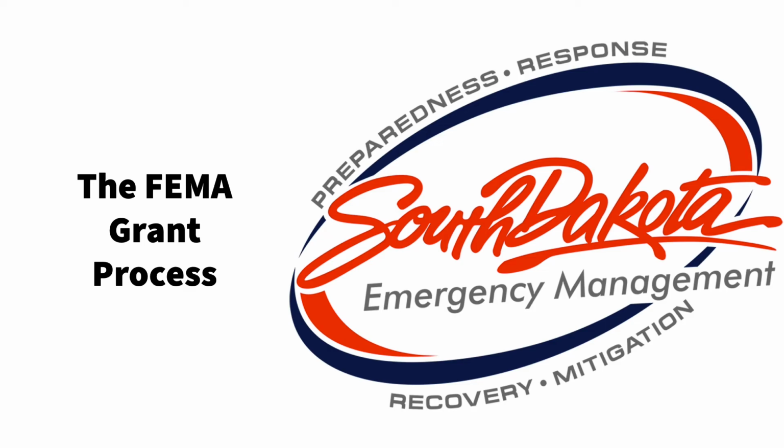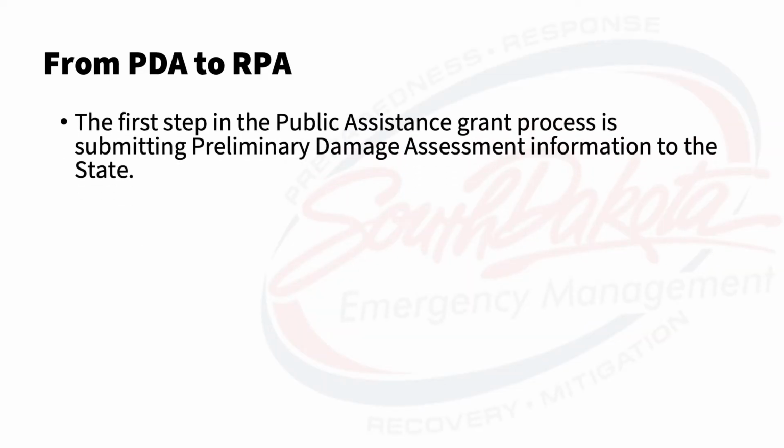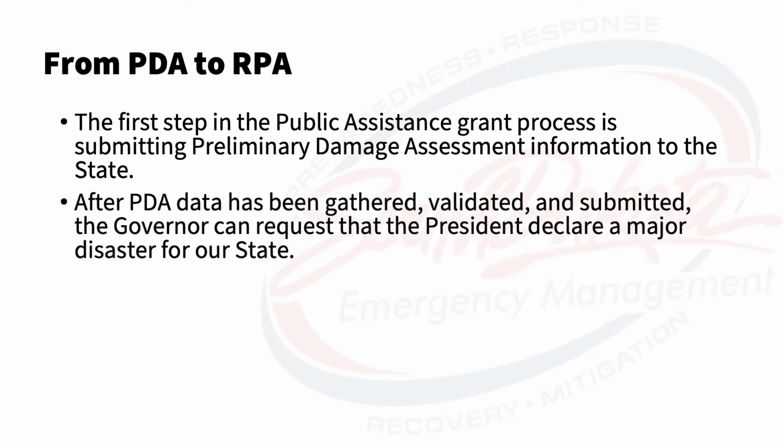This presentation will give a step-by-step overview of the Public Assistance Grant process. The first step in the Public Assistance Grant process is submitting preliminary damage assessment information to the state. After all PDA data has been gathered, validated, and submitted, the governor can request that the president declare a major